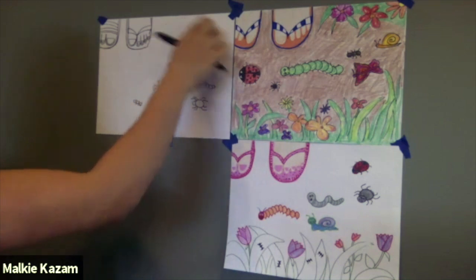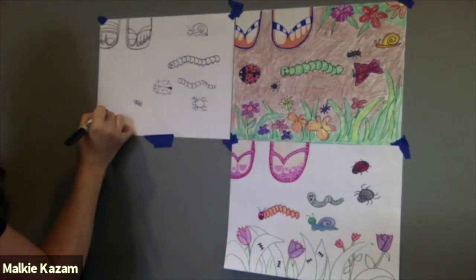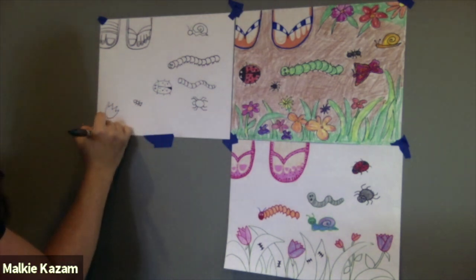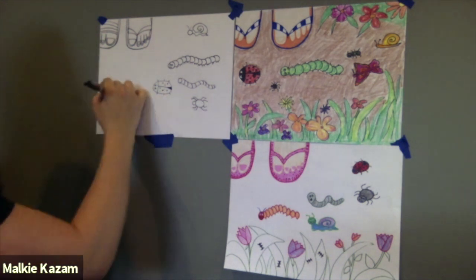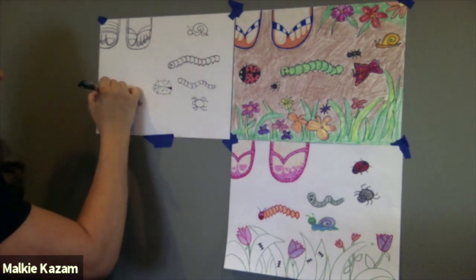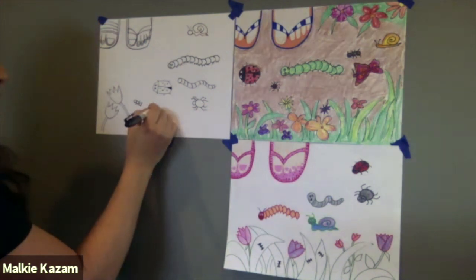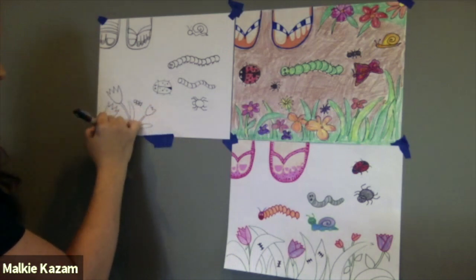So now we're going to be drawing a bunch of flowers and leaves and grass all around. So one simple flower is a tulip. You could do a U with some zigzags along the top. You can draw 2 lines coming down to make the stem. You can make another tulip coming out on top of it. I think it's more interesting to make your flowers going in different directions. Maybe there's another small tulip coming out here. You can draw some leaves,